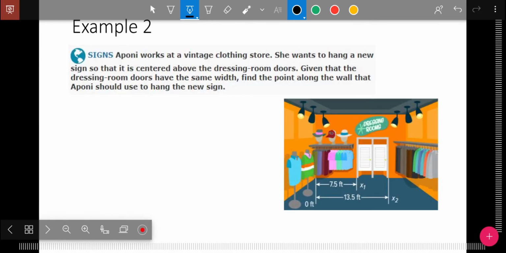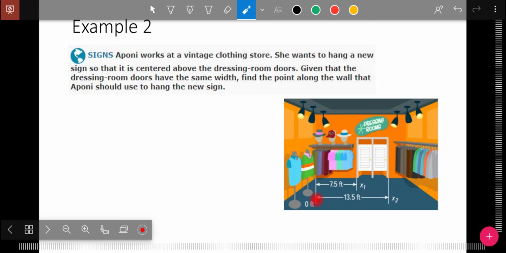All right, now let's look at it inside of a story problem. We're working at a vintage clothing store here, and we want to put up this sign for dressing rooms, and we want it to be exactly the midpoint between the front and end of the dressing room doors. Right? And so they measured from over here